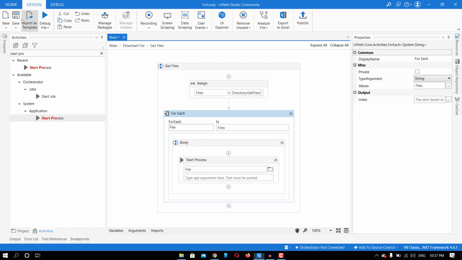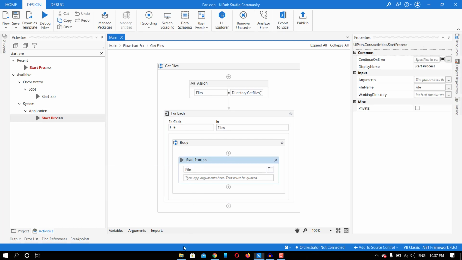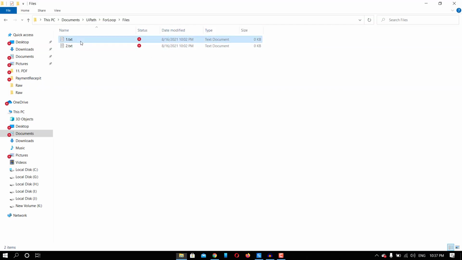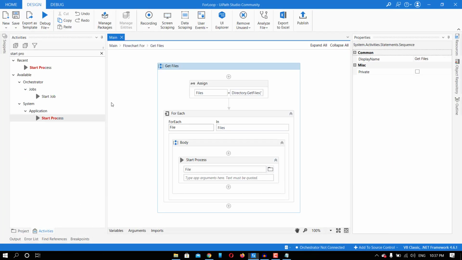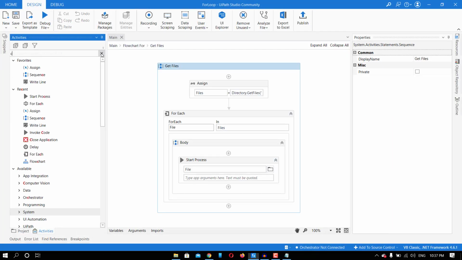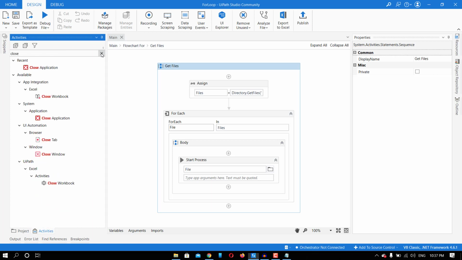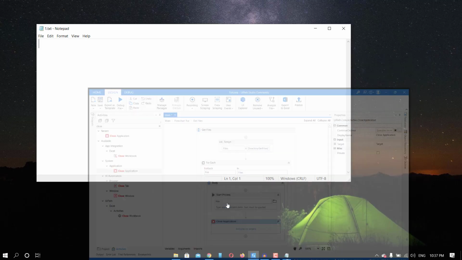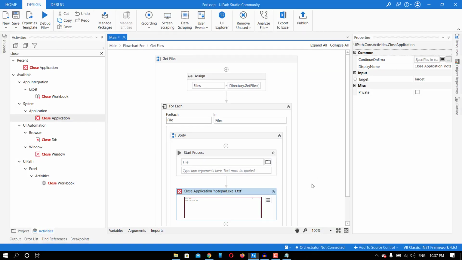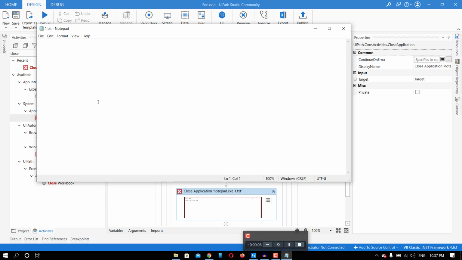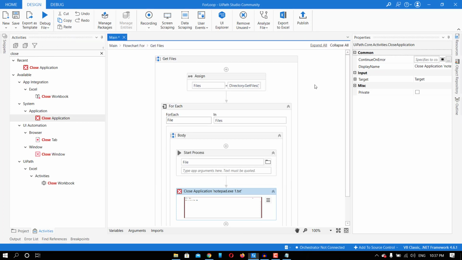Okay, now I have opened the file, so let me open it manually because I need to close it also. For that I will require the selector. So now I will take a close application activity and I will indicate on this. As you can see here, the name is 1.txt, but for the next file it will be 2.txt, or it will keep changing, right?